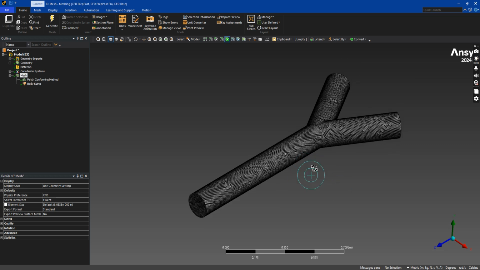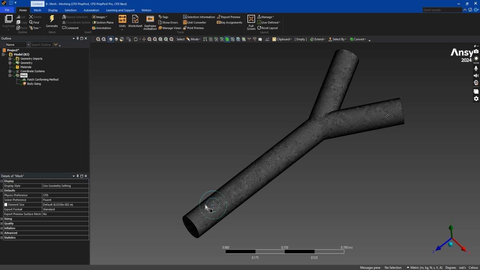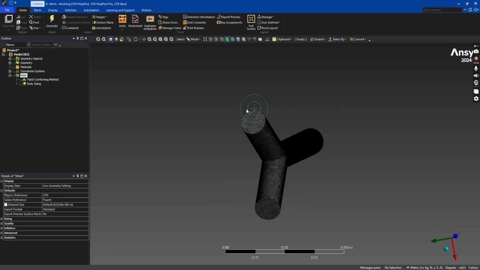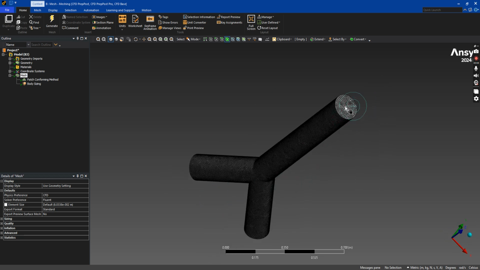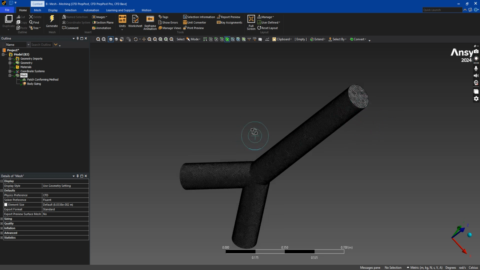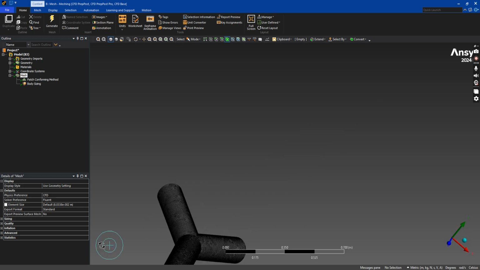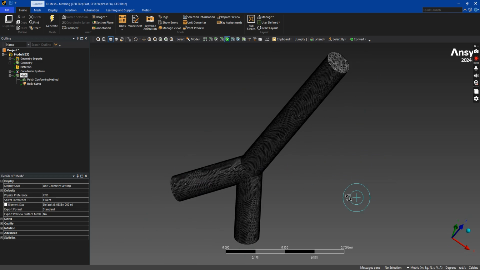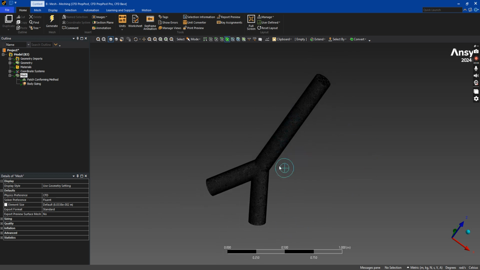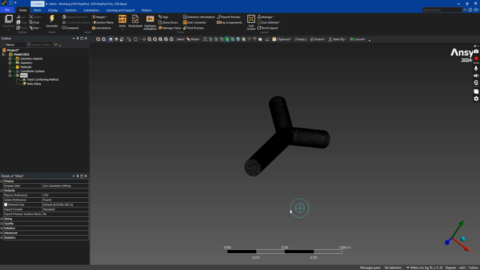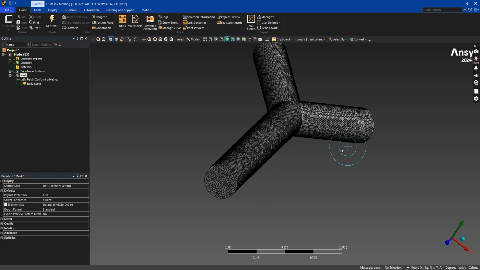So as you know, this is the inlet, and these are the outlets. You can change it to anything, anywhere. You can change it in meshing, in Design Modeler, wherever you are. So let's say